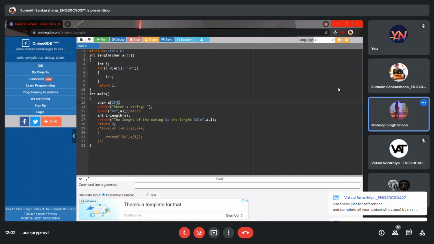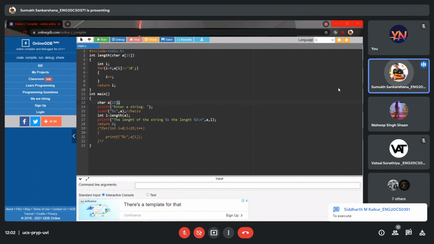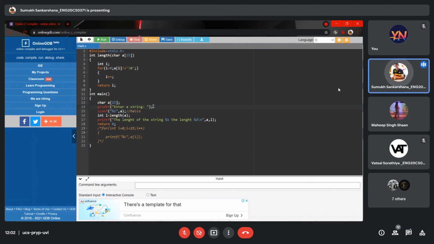To execute. Okay, it's not to execute. In programming languages, it is a full stop for each and every sentence. In English, it's a full stop. In programming languages, it's a semicolon.